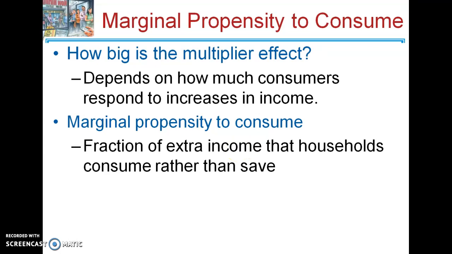So let's take that $20 billion that the government spent on planes. If it was all saved, then there's no additional rounds of spending. So no more additional rounds of increasing in aggregate demand. But the more likely it is to then be spent, and then the next person receives it and spends a portion, you can keep creating more and more demand in the economy. So the multiplier effect really is dependent on having some marginal propensity to consume versus a propensity to save.